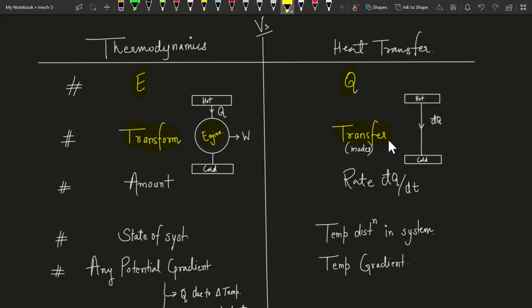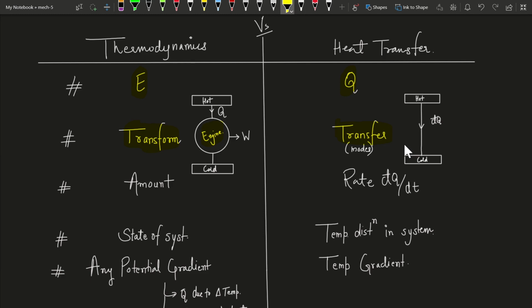So heat transfers because of temperature difference. So let's say we have two bodies, hot and cold. So what will we see? We'll see that heat is now transferring from the hot to the cold body. So this is the heat transfer. And also in heat transfer, because it is not the energy, it is the mode of transfer of energy, we study the various ways by which the heat can be transferred, that is conduction, convection,